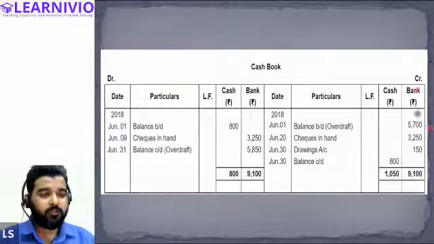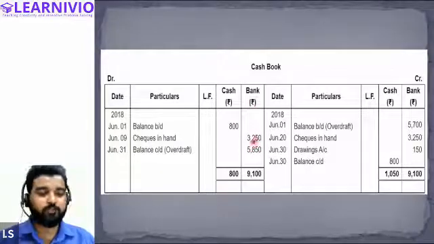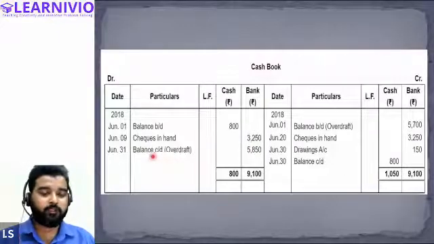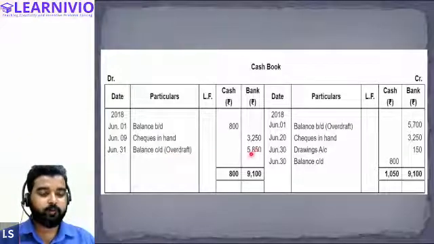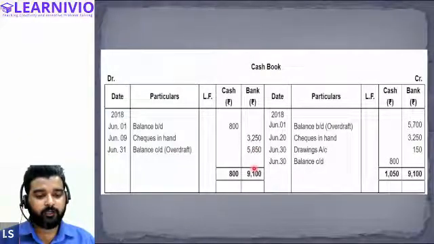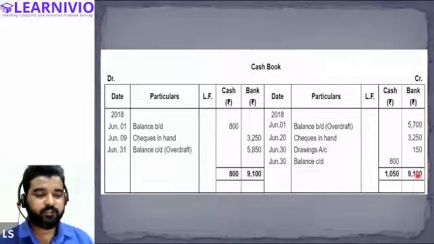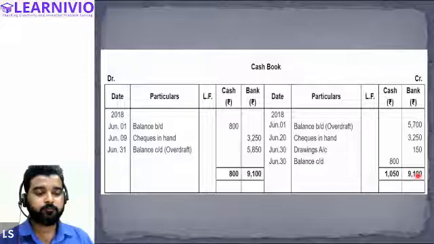Okay, and the credit side of the bank balance is 5700, 3250 plus 150. It will be 9100, and the debit balance of bank is only 3250. So we will get the credit balance of the bank. This will be considered as the overdraft. So it will be recorded as 5850. Now both the sides are tallying, 9100 and 9100. Peer, Steve and Samiksha, any doubt? No, sir.